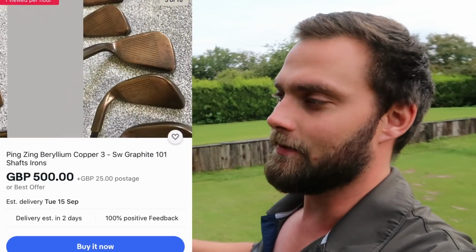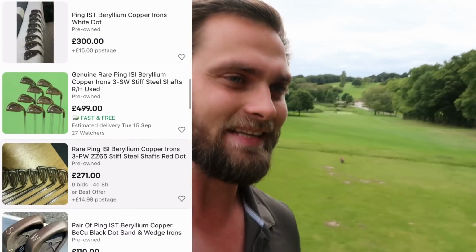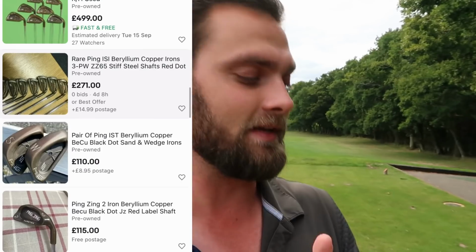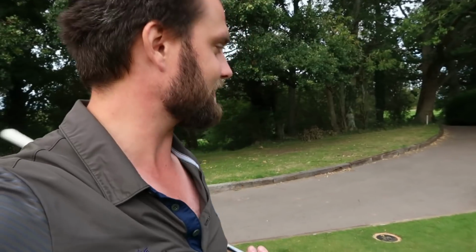The wedges and mid irons are fantastic, and I highly recommend, by the way, for a lot of you guys that are looking for something a bit different, to actually try and source a set of these out, because they are that good and they are going to last you forever. And wait for it, investment wise, as long as you don't spend more than £300 on these, you're going to be able to sell them back for exactly the same in 5, 6, 7 years, whenever you want, because they're not going anywhere. As I said, these things are tanks